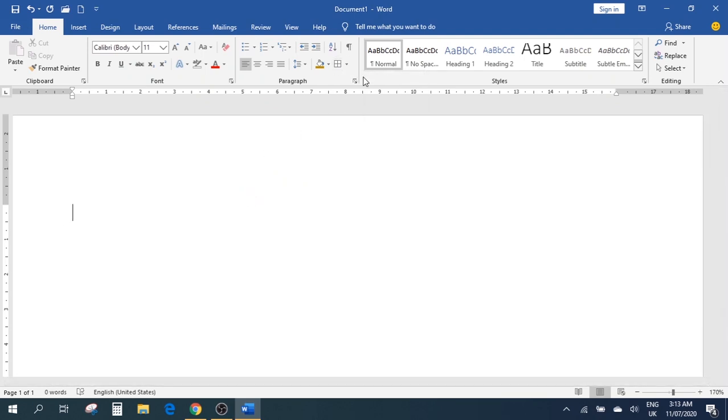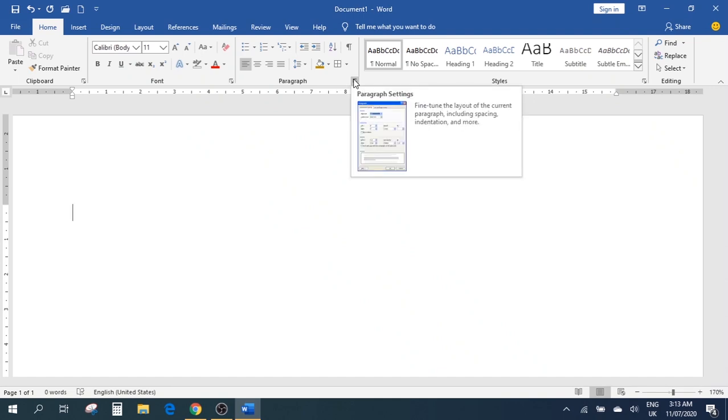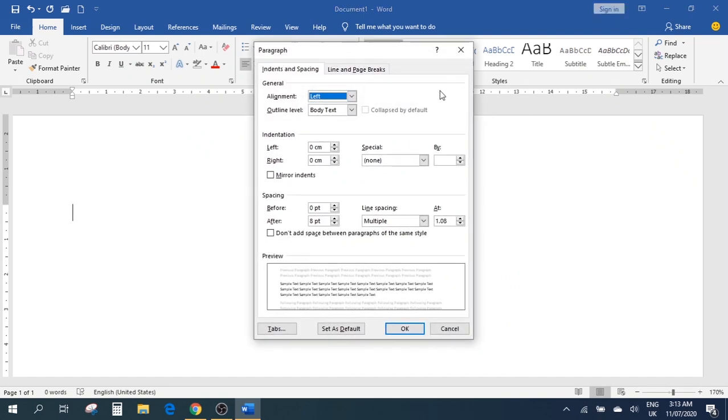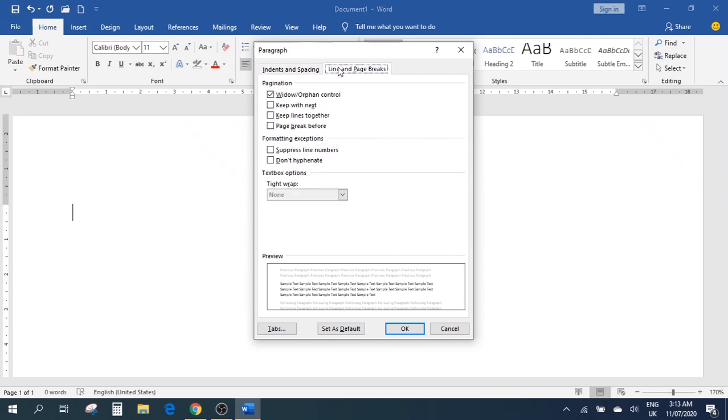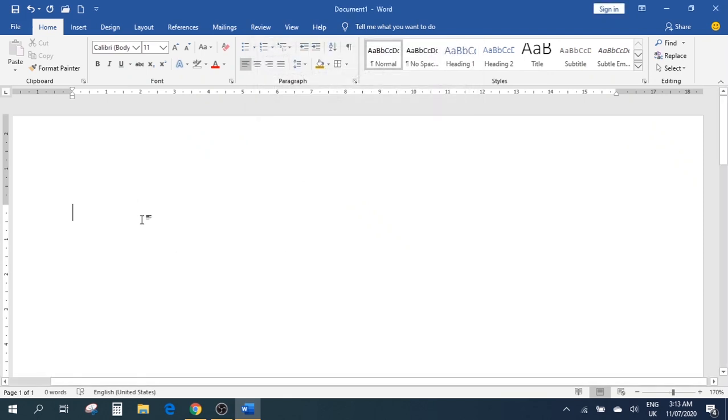We are now going to go to this little arrow to get some extra options. As you can see, we have some different extra options over here as well, but these are pretty much what we have covered already, so we're not going to go into details. And here we have some other options as well. So these are all the options. For example, let's check this one out. Let's see how that works. For example, we have